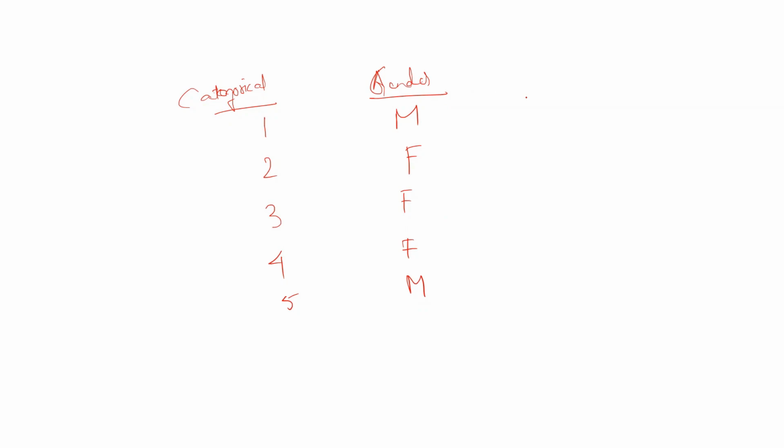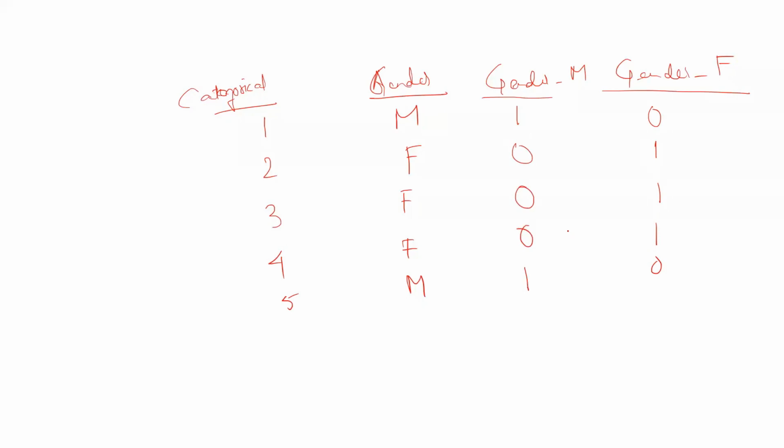We'll come to something called one hot encoding and two hot encoding. But for now, try to understand that if I create a column, say gender underscore M and gender underscore F, 2 new columns are created. In M, wherever there is an M, I will put 1, and wherever there is an F, I will put 1 in the other column, and the rest of them will be 0. So what this get dummies does,